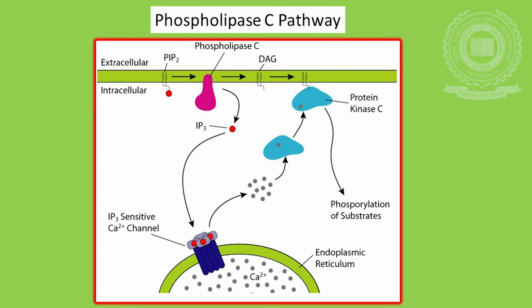The IP3 receptor, which is a ligand-gated calcium channel, is located on the membrane of the endoplasmic reticulum. Binding of IP3 with its receptor causes release of calcium ions into the cytoplasm. Thus, the main goal of IP3 is to increase the cytosolic calcium ion concentration. These calcium ions aid in muscle contraction and activation of certain enzymes. DAG causes increase in protein kinase C levels within the cell, which causes phosphorylation of certain proteins and enzymes.